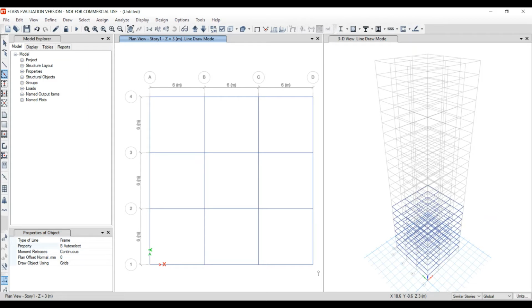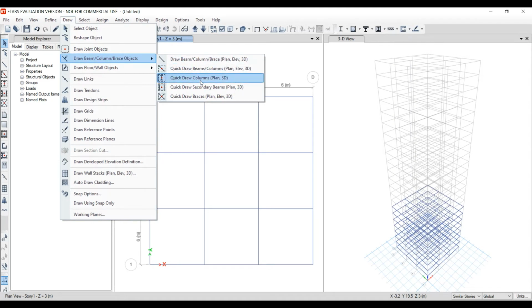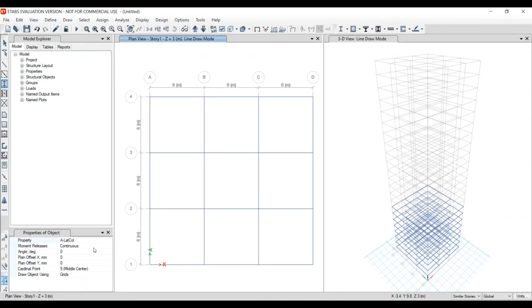The beam is provided in the grid. Then click on draw beam column braces object, quick draw columns, then change the property to C auto select, then choose the area. The column is provided in the grid.